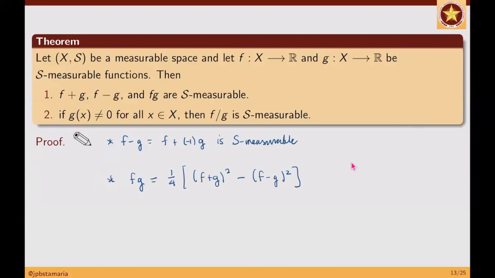Can you please check if the algebra is correct? Kasi ganito yun eh. May F squared dito, may G squared. Meron din namang F squared dito, meron G squared. Magka-cancel yun pag sinubtract. Ang middle term nito, 2FG. Ang middle term nito ay minus 2FG. So if I subtract 2FG minus negative 2FG, I'm getting 4FG. Kaya may 1/4 dun to get FG. So this is brilliant, no? This is a brilliant way to rewrite the product.